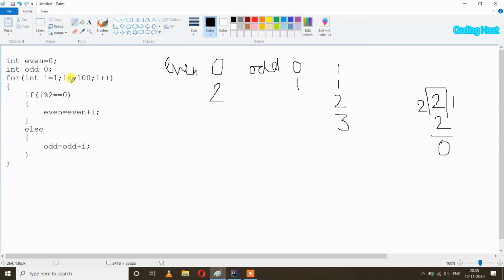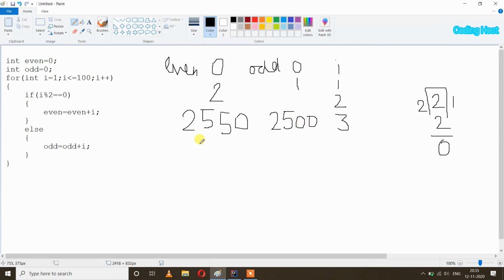And after the ending of this loop, when i will become 101, which is not less than or equal to 100, at that time our loop will break and we have the sum of even numbers, which is 2550, and in the odd variable we will have the sum of odd numbers, 2500.